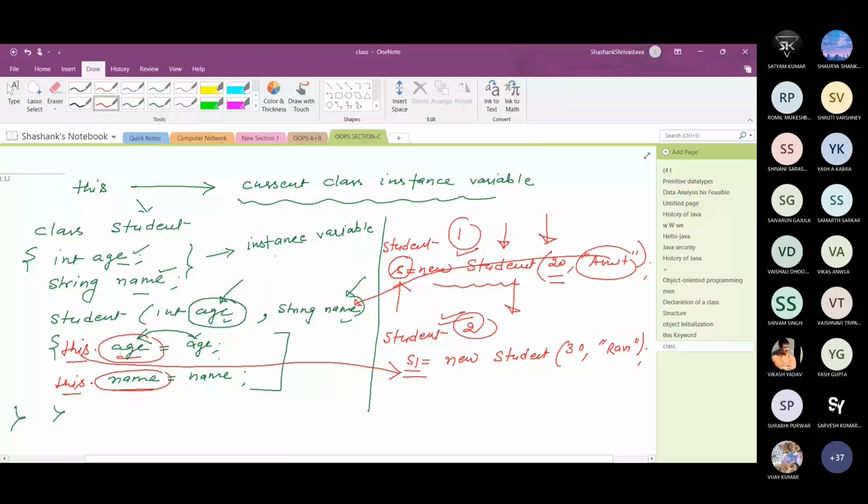So this refers to the current object at that particular moment, means when this line is executed, this is referred to this object. When this second line is executed, the s1 reference variable is copied into this. So this is the significance of this keyword. This refers to the current class instance variable. So here age and name are the current class instance variables.